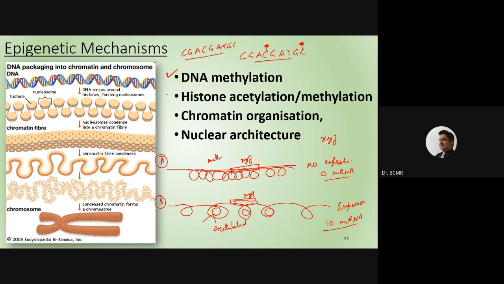As I was describing, histone acetylation or methylation is an example. Is there a change in nucleotide sequence? There is no nucleotide change, but there is a change in the modification of histone tails, which is resulting in the expression of genes, and that also will come under epigenetic mechanisms. Chromatin organization, like we will see X chromosome inactivation, where the whole chromosome itself gets inactivated, and that